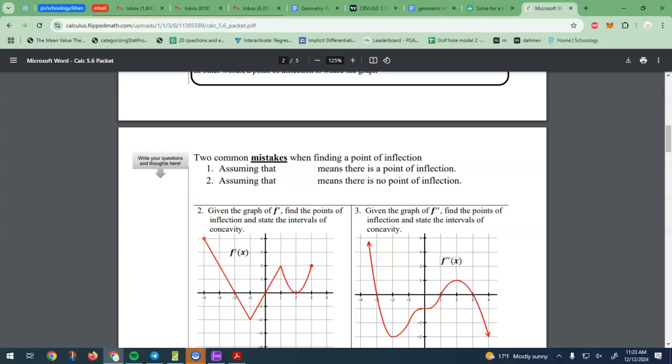So the first mistake is assuming that if f double prime of x equals 0, it's automatically going to be a point of inflection. That's a mistake. It's not. Sometimes when you plug in two intervals next to